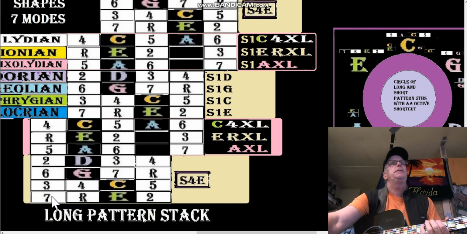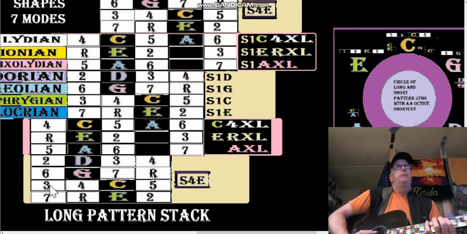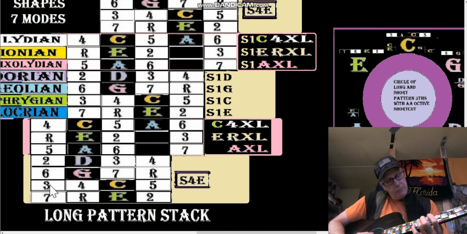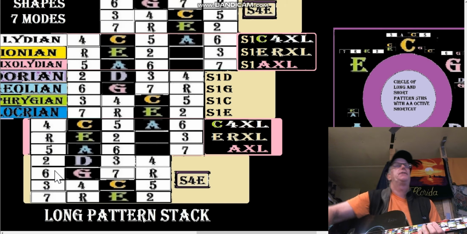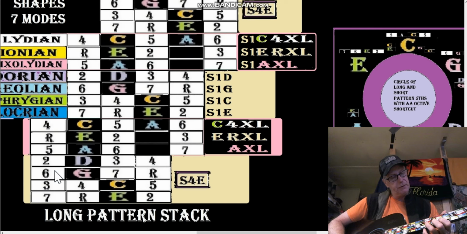If we wanted to make that G the third, okay, same dot here, we would go 3, 4, 5, 6, 6, 7, root. Then we'd be in the key of E flat. Alright? If we wanted to make that dot the sixth, so the G is the sixth of B flat, you know that, right? So it'd be 6, 7, root, 2, 3, 4, 5, 6, 7, root, 2, 3, 4, 5,